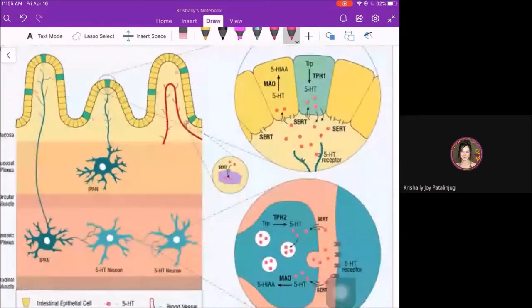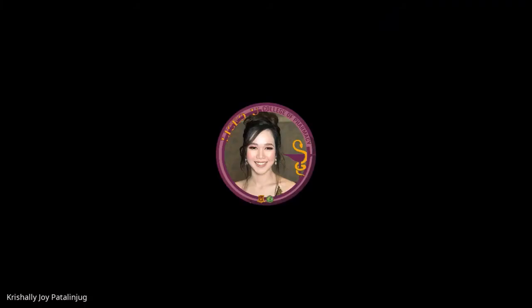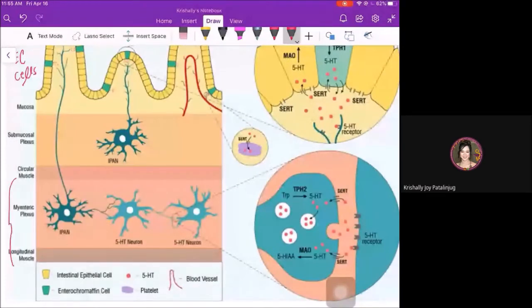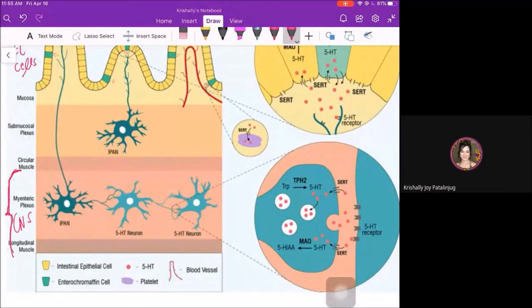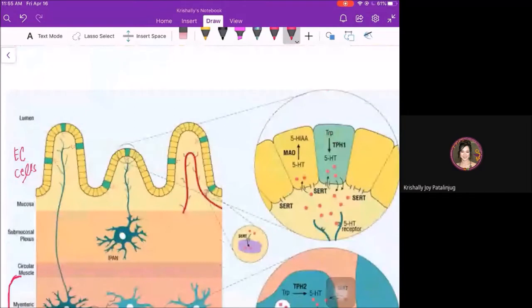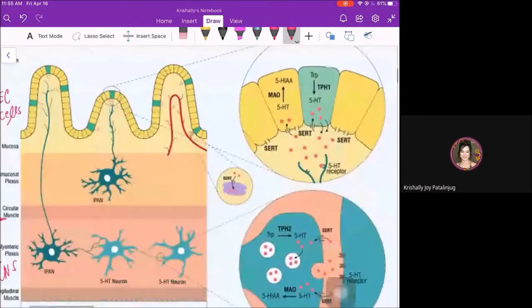Now, in this figure below, this shows the synthesis of serotonin both in the CNS. Now, with regards to the synthesis, again, they follow the same processes. So this part here has something to do with the synthesis of serotonin in the CNS, whereas above is for the synthesis of serotonin in the enterochromaffin cells. Now, initial raw material needed is tryptophan again. Take note, di ba? So, ayan. This is actually a magnified portion of each